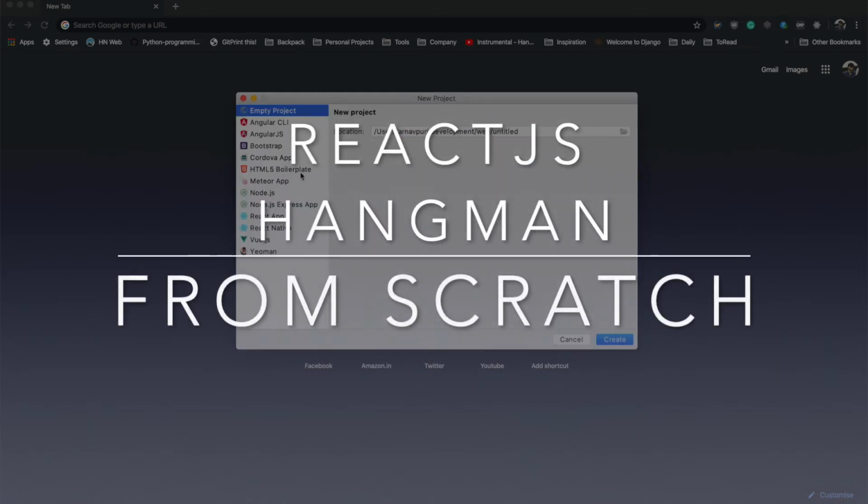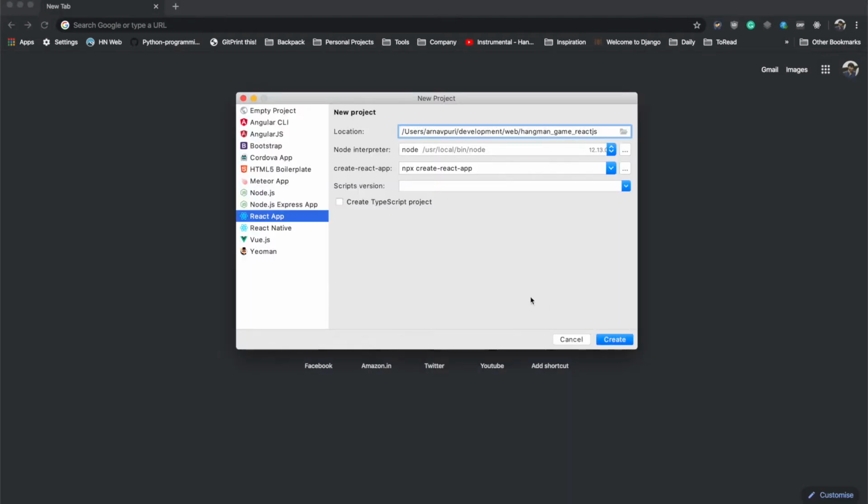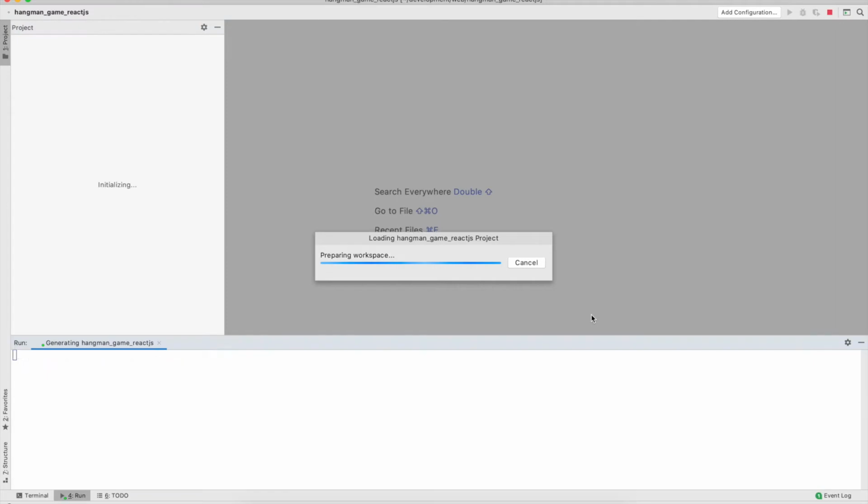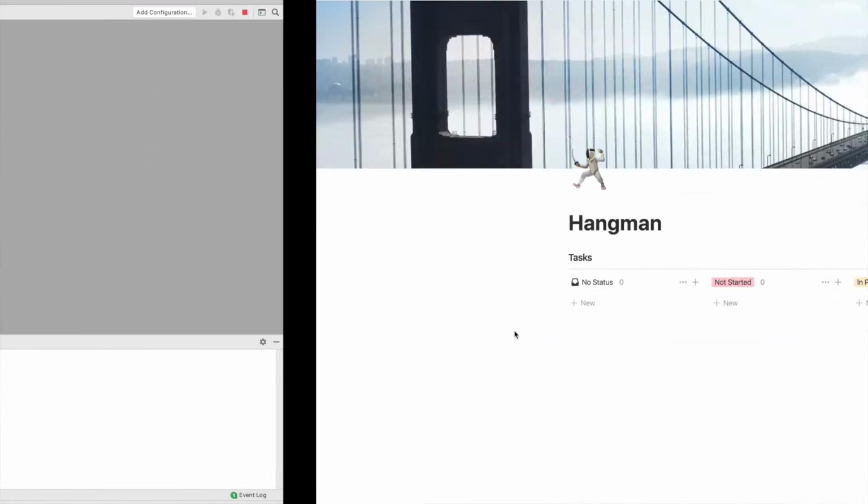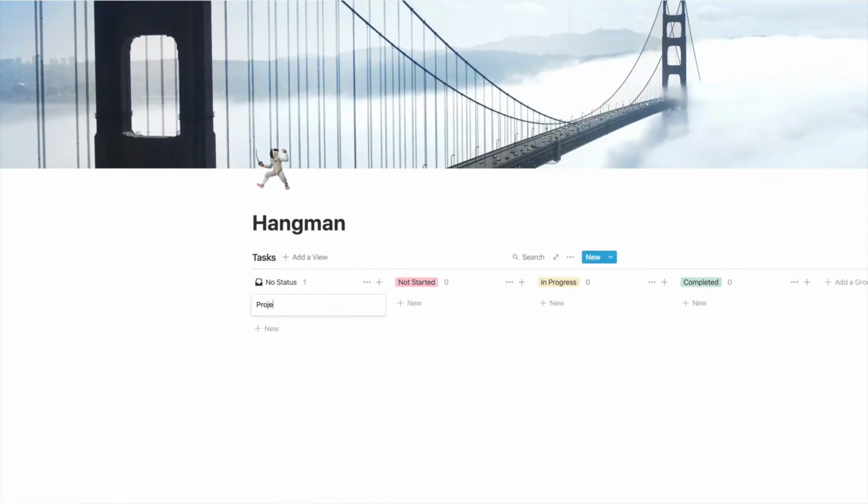Hello everyone. So this is my first attempt at making a ReactJS project. I'm using WebStorm for making this project, and this project is a very basic Hangman game. So I am going to show you guys how I went from scratch to actually making the project